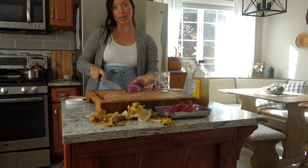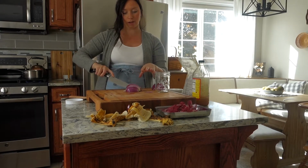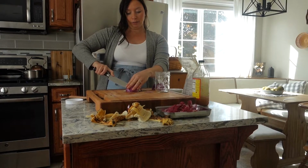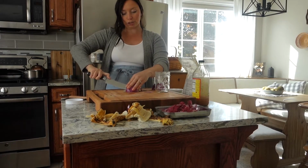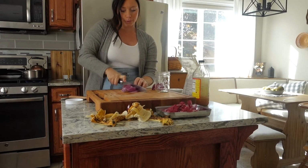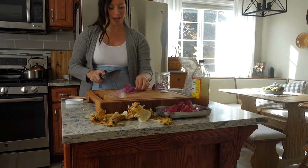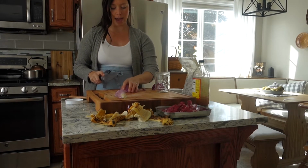Okay, so while I cut up this onion, I'm going to tell you the process that I follow to make pickled onions. This is something I like to have on hand every week because they are just so good. We can put them with tacos or just basically anything. They're so delicious. So it's half an onion,